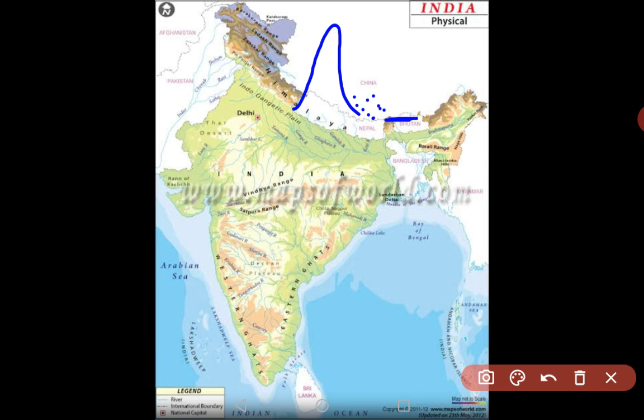Here you will find a lot of trees, forest you will find here. And the third area after that is known as the Bhangar area. Bhangar area is the area which is away from the rivers, and the nearby area is known as the Khadar area. Khadar area is the area which is near the banks, and every year the soil of the Khadar area is renewed by the floods.